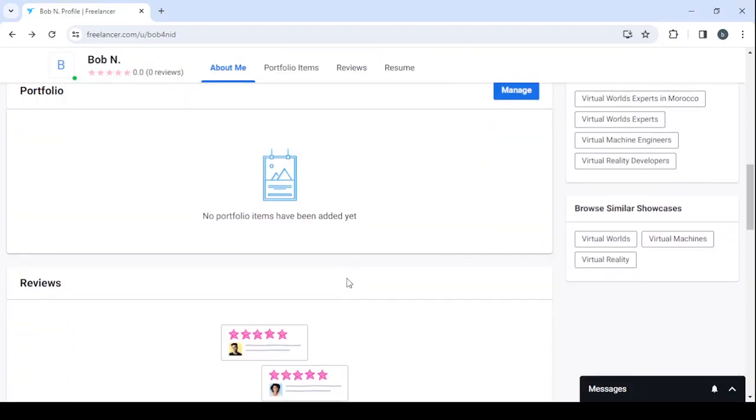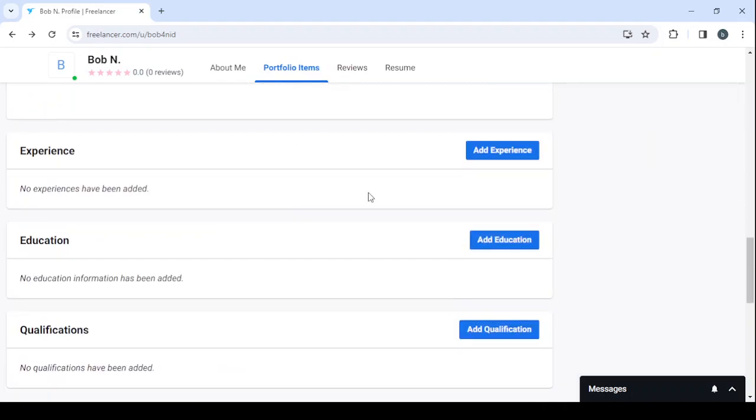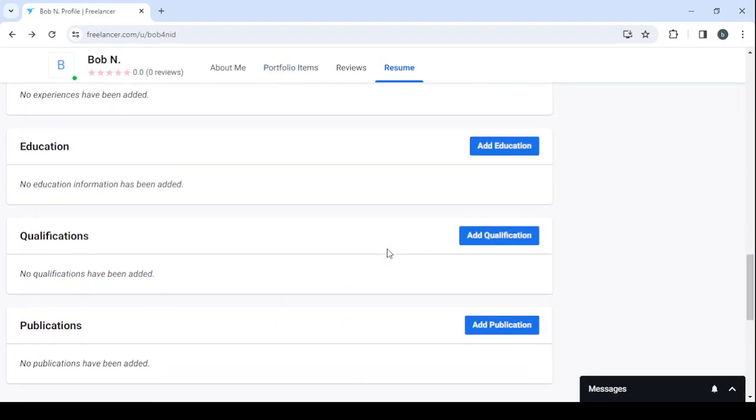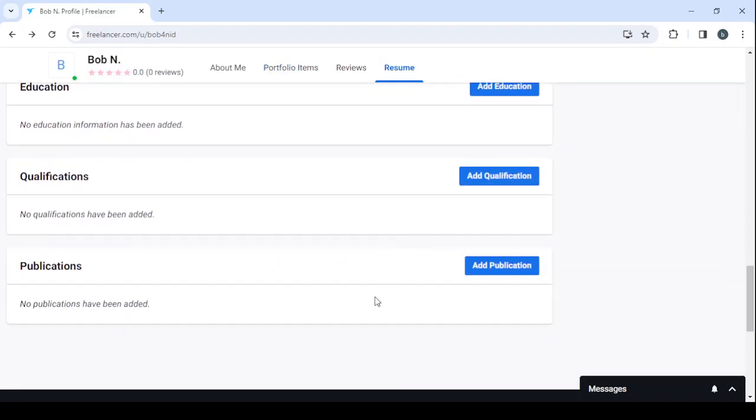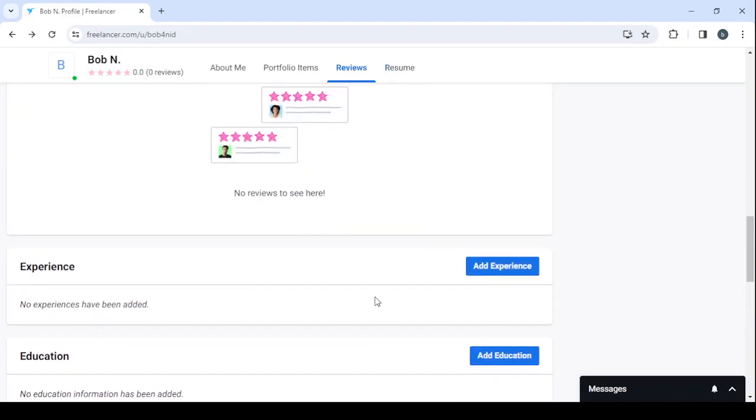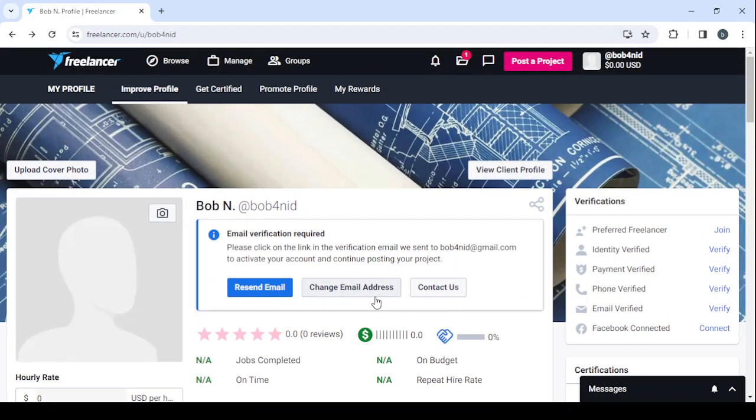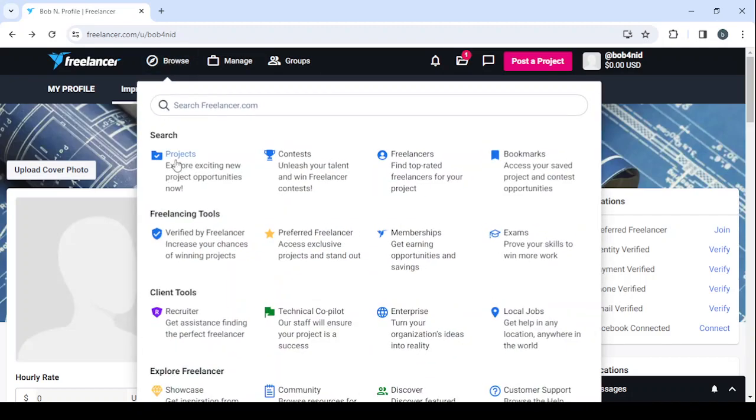After that, you proceed to add in your portfolio. As you can see, no portfolio items have been added yet, so make sure to add a portfolio. It will help you also get more trust and credibility. Then you proceed to add in your experience as well, add education, qualifications, and publication also. And all of these things are going to help you gain more trust in this platform. And after we're done with all of these changes in your profile, then it's time to make some money. So let's go to browsing here, click on projects,